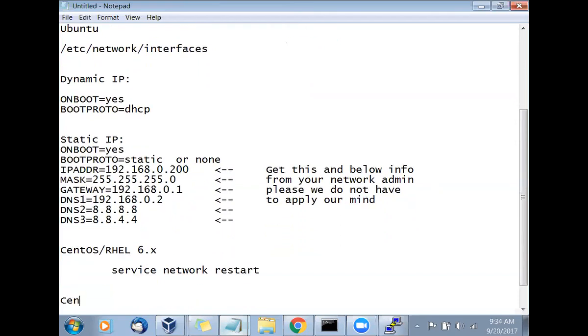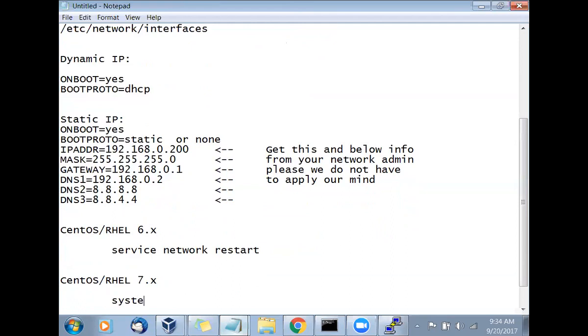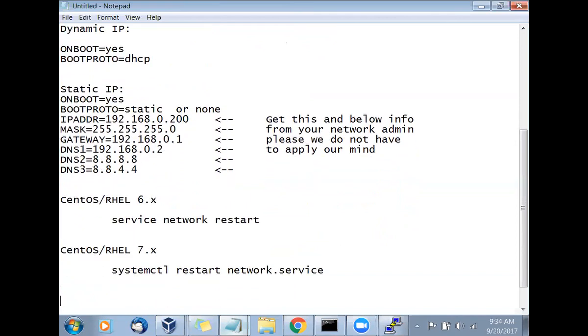For 7 it is different: you have to say systemctl restart network.service. It is the same case with Ubuntu. So you have to save this file and restart the service.